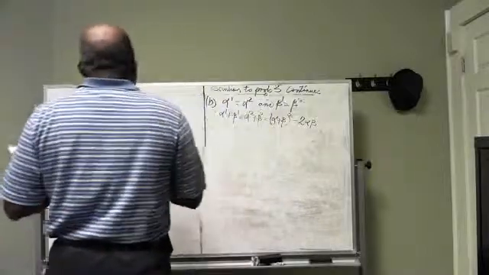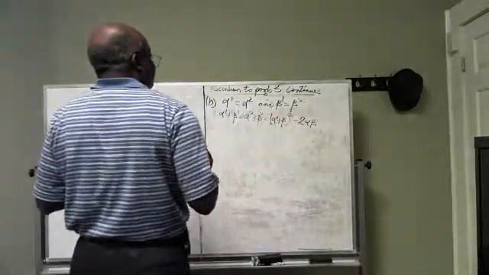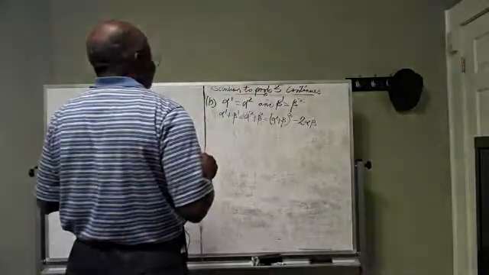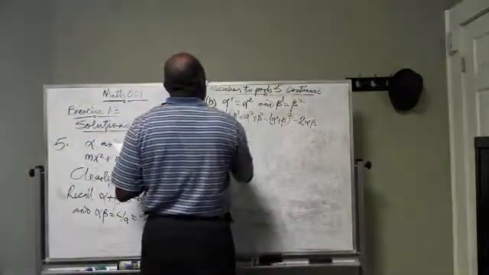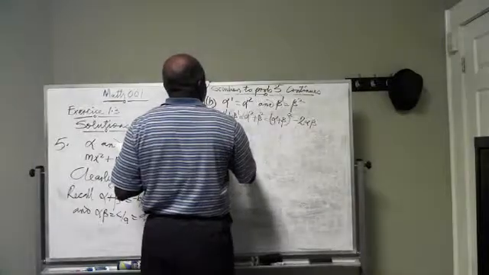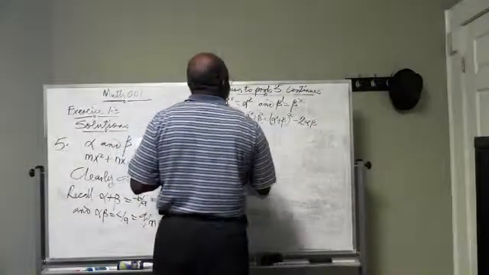So if we slot in the respective figures for alpha plus beta and alpha beta in this equation, for this relation, we have alpha prime plus beta prime will be equal to